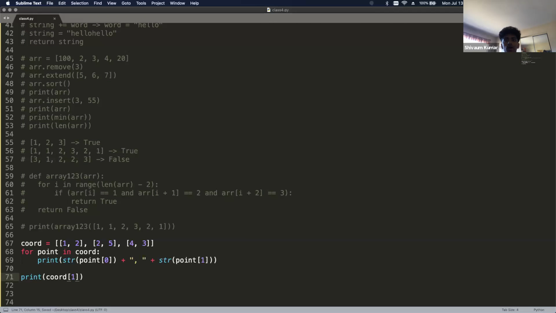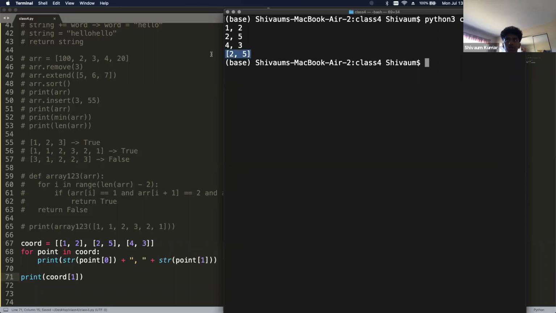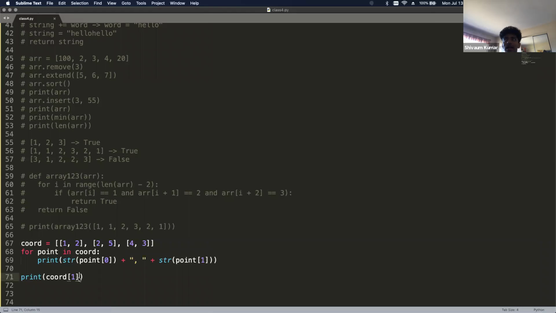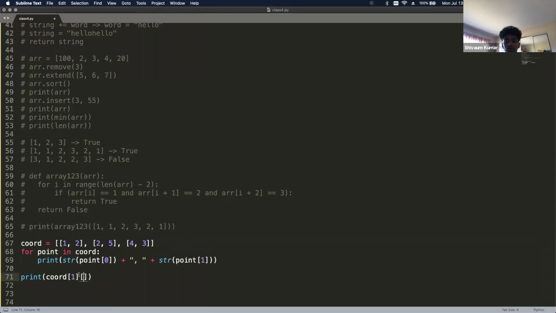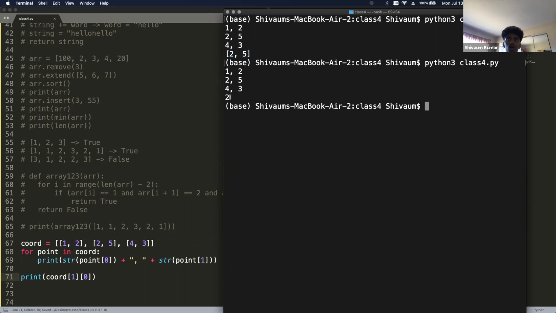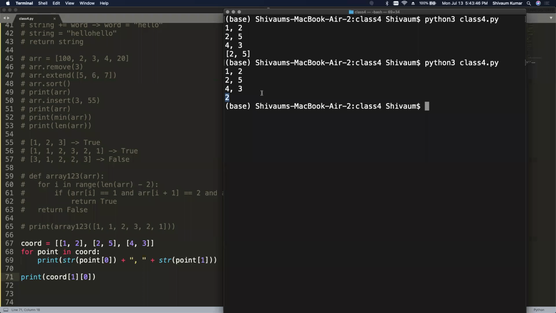Okay. And then for this line, this was basically how you can directly access different values from that 2D array. So if I were to just print out chord 1, then it'll print out 2, 5, meaning that is the value at index 1 in my 2D array. And then again, if I want to access this 2 value, then I'll print out 0, because that will specifically get me the 0th index. It sounds kind of complicated, but it's the 0th index from the first index in that 2D array. Okay, so basically, since you put 1, 1, it was the first array inside the array, and then inside that, you took the second index?